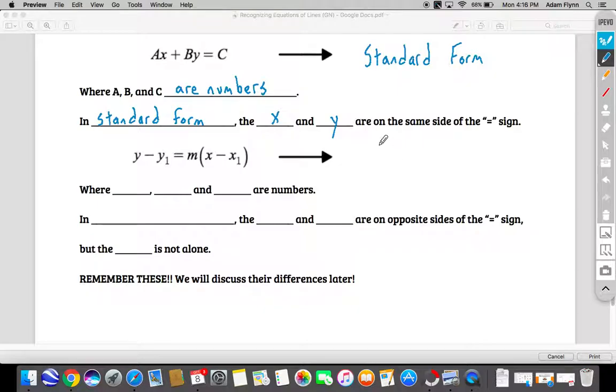And on to the last form, y minus y1 equals m times x minus x1. We call this point-slope form. And in point-slope form, y1, m, and x1 will be replaced by numbers. So y1 will be a number, m will be a number, and x1 will be a number. In point-slope form,